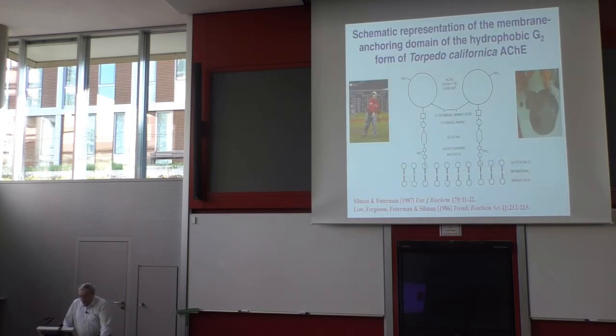So this enzyme is a dimer with a disulfide link in the two subunits, and it has a hexasaccharide extension at the C-terminus, which is added post-translationally. At the end of this chain, on each subunit is one PI molecule, which is covalently attached to the oligosaccharide, and the two fatty acid chains of this PI molecule, four for the dimer, are what anchors the enzyme in